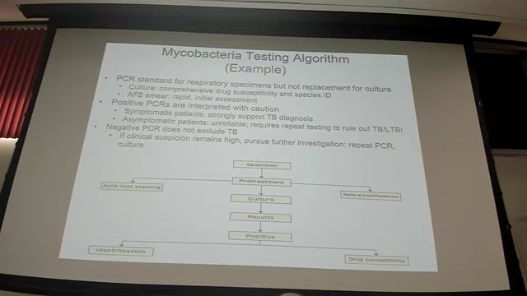If you have a patient who presents like they have tuberculosis and they're PCR negative, you would want to collect multiple specimens and resubmit again for testing, just to make sure that maybe their bacterial load is really low, or maybe you've messed up specimen processing. And this is all while culture results are pending.